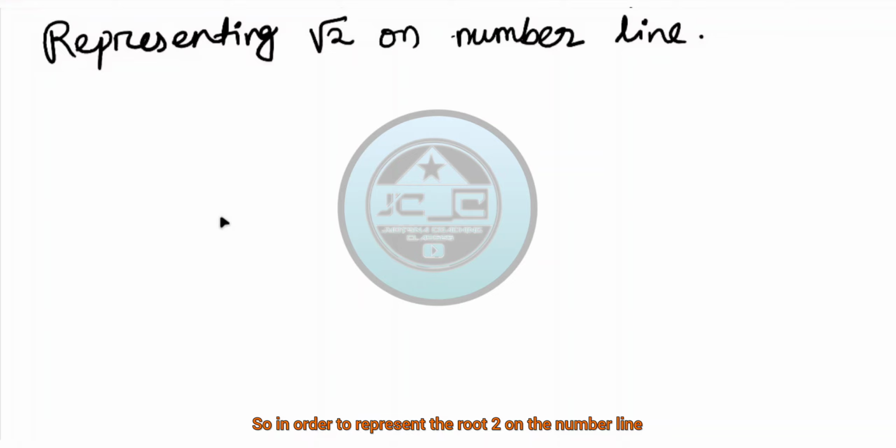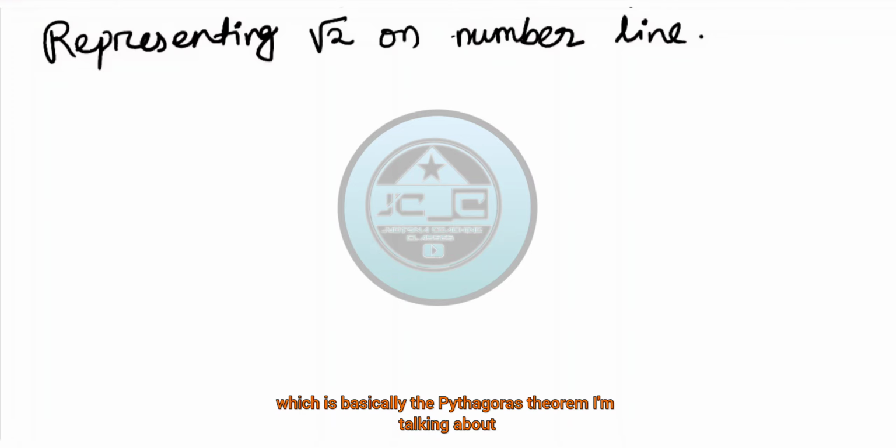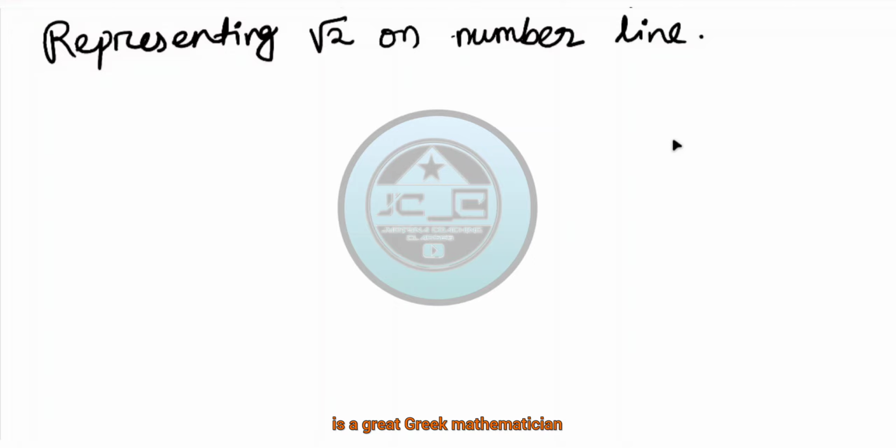So in order to represent root 2 on the number line, we have to understand something. Before this class, back in class 7, we had the idea of the right angle triangle, which is basically the Pythagoras theorem I am talking about. Pythagoras, a great Greek mathematician, provided a theorem that in any